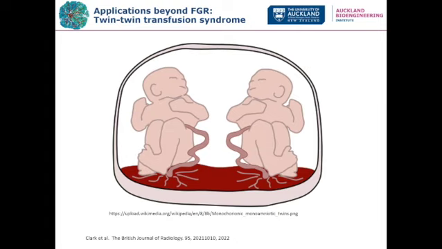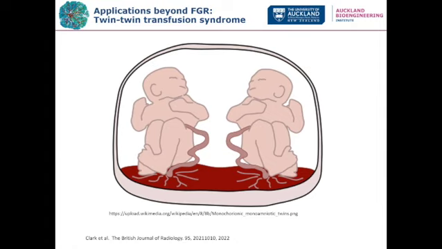Moving beyond fetal growth restriction, another application of these placental models is in understanding a condition known as twin-twin transfusion syndrome. In twin-twin transfusion syndrome, you have two twins that share a placenta. And what can happen is that one twin can dominate the other. It can take most of the flow from the placenta and it grows a lot better than the other twin. And you're able to do surgeries on these placentas, basically to sever connections between the two twins, anastomoses, so connections between the placentas of the two twins. But which are the important connections to